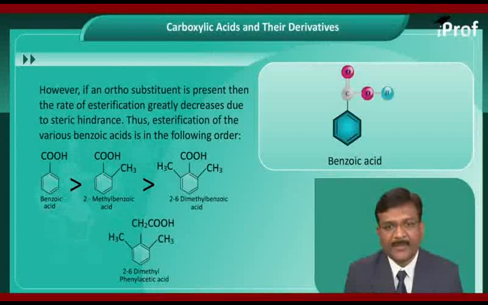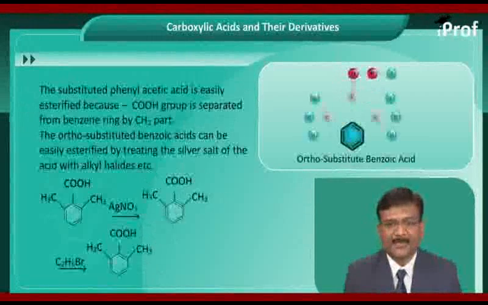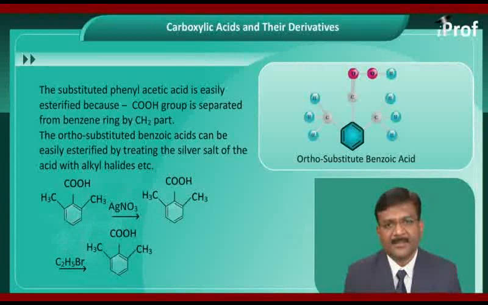However, if an ortho substituent is present, then the rate of esterification greatly decreases due to the same steric hindrance. Thus, the esterification of the various benzoic acids follows the following order: benzoic acid, then 2-methyl benzoic acid, then 2,6-dimethyl benzoic acid, then 2,6-dimethyl phenyl acetic acid. The substituted phenyl acetic acid is easily esterified because the COOH group or carboxyl group is separated from the benzene ring